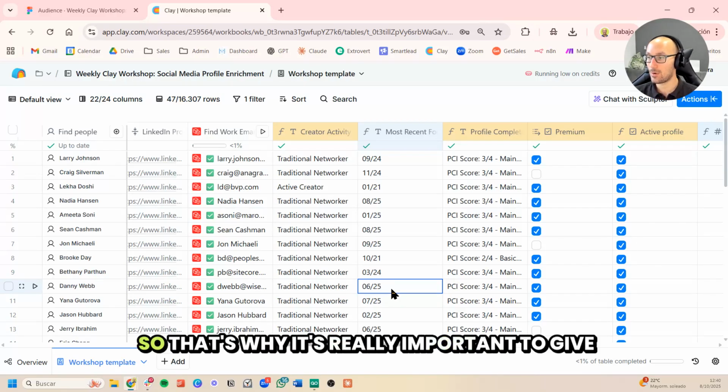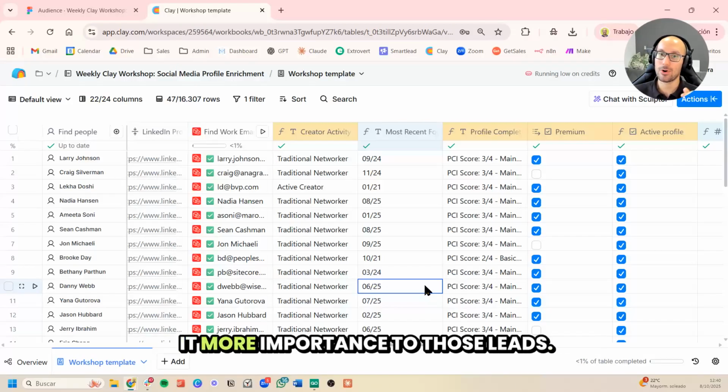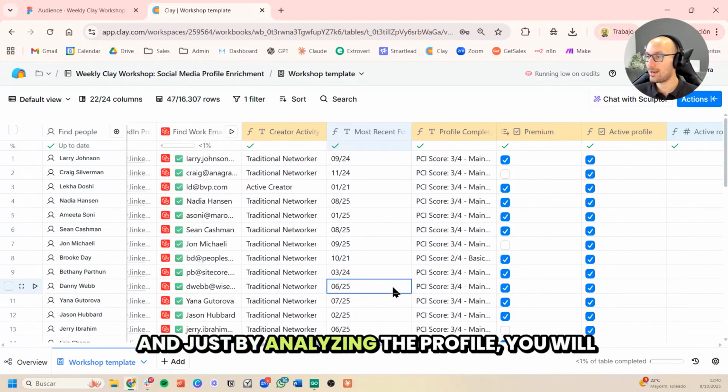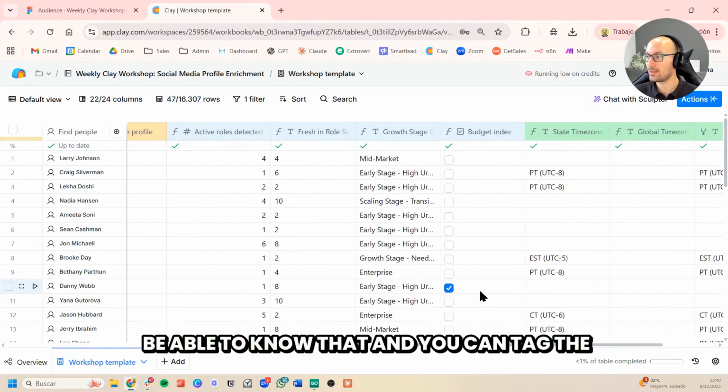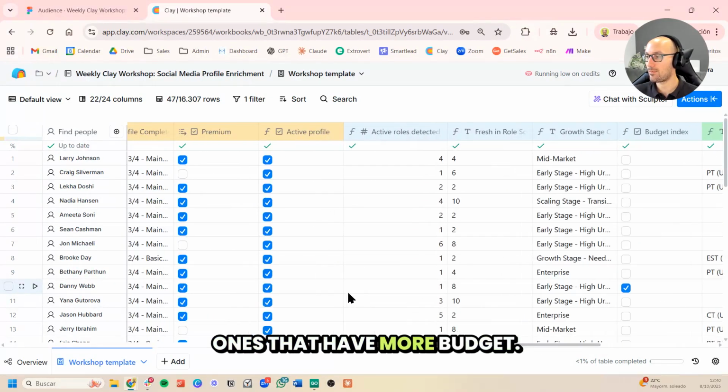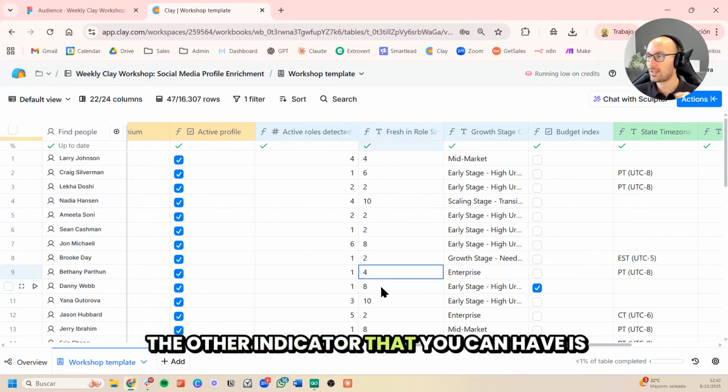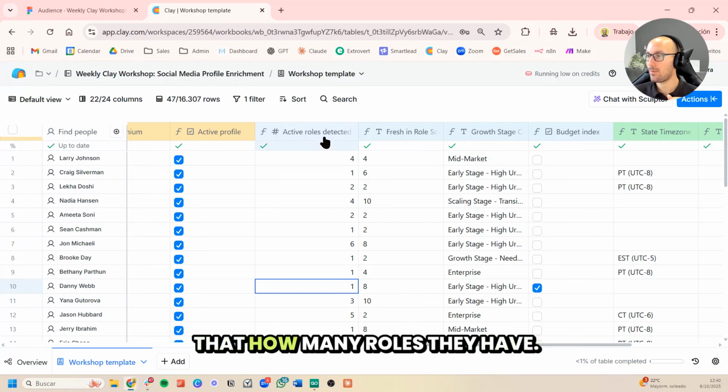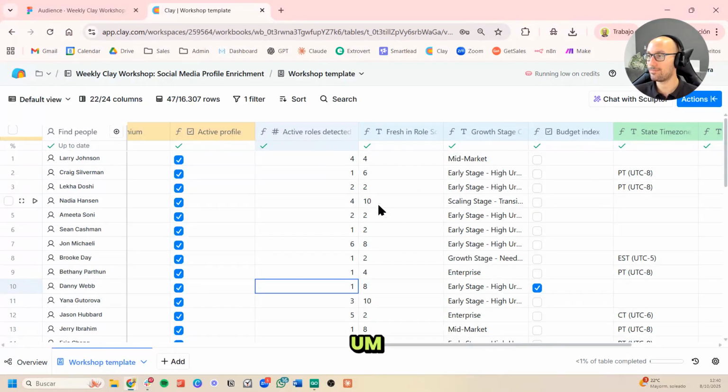So that's why it's really important to give more importance to those leads. And just by analyzing their profile, you will be able to know that, and you can tag the ones that have more budget.